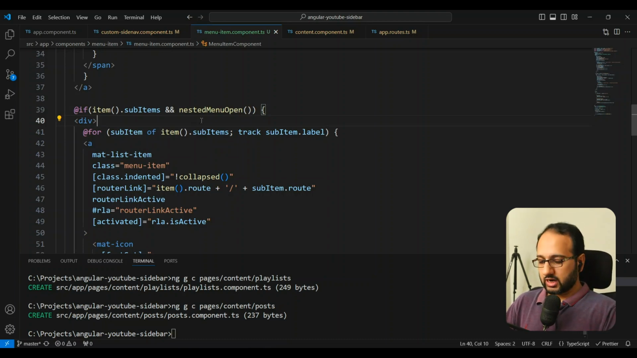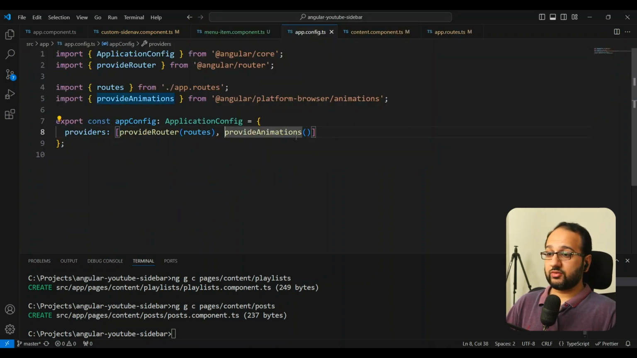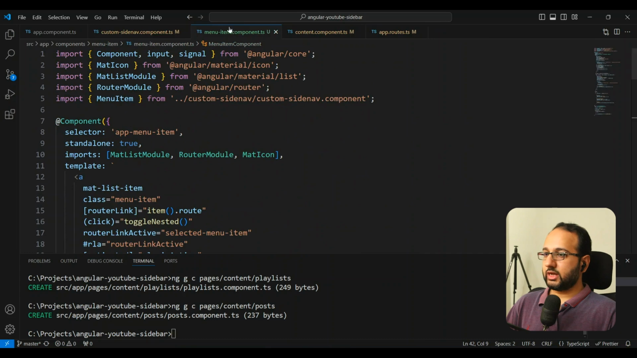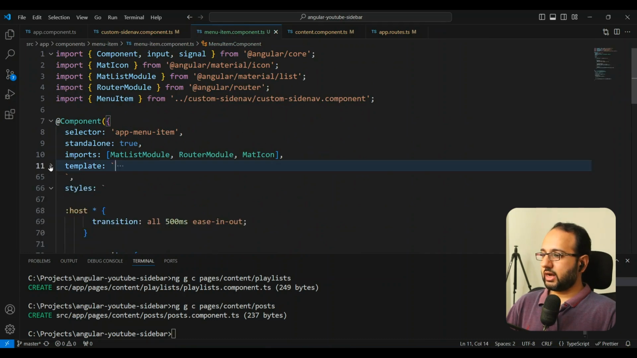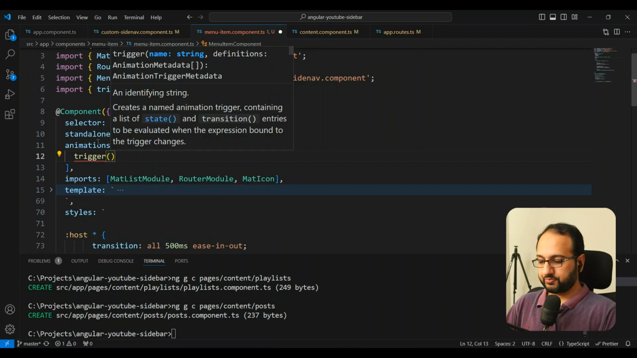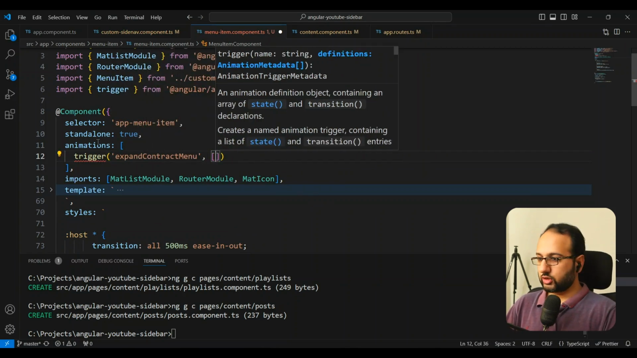So let's start using that, and to do that we are going to first go to app.config and verify that we have provideAnimations here. Okay, and next we are going to go to our menu item here, and we're going to add an animation here at the top. And so first we are going to add a trigger for this. We're going to give it a name, expandContractMenu, and then within that we are going to add an